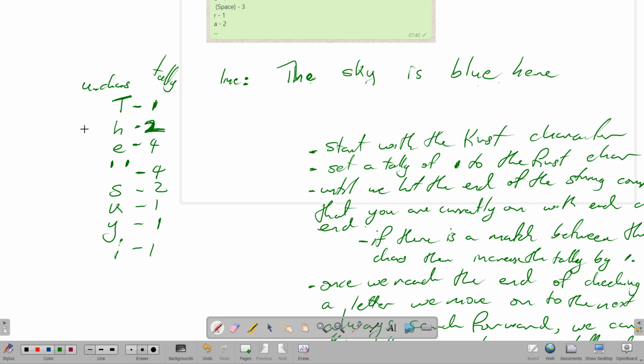They share the same index. Because for me to know the tally of T's, I have to be able to map that onto the letter T. Okay, so that's another thing that we have to think about here. So in terms of coming up with our solution,